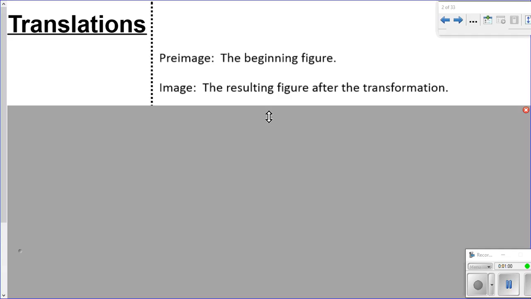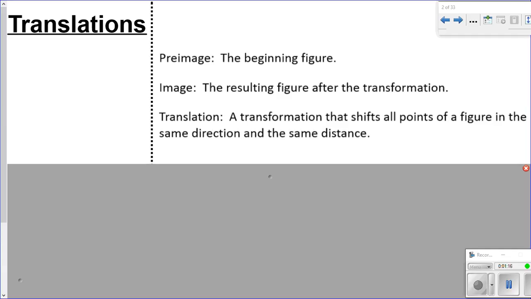The image is the resulting figure after the transformation. So after you do the translation, reflection, rotation, dilation, whatever it is that we're going to be doing, the image is the resulting figure after you perform that operation. Then the one we're going to talk about first is a translation. And a translation is a transformation that shifts all points of a figure in the same direction and the same